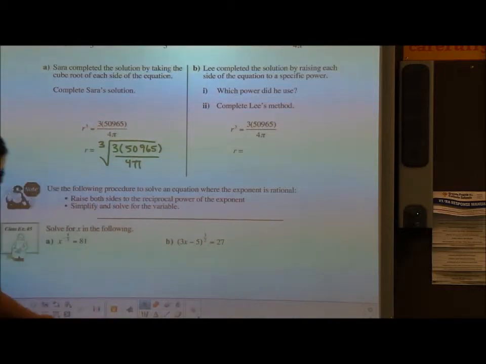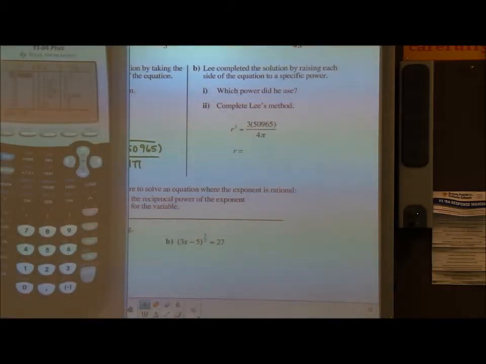So when we go to put this into the calculator, we have to watch our order of operations. So you might find it easier to actually do the calculation underneath the radicals separately. So bracket 3 times 50,965 divided by bracket 4 pi. And then I end up with this answer,